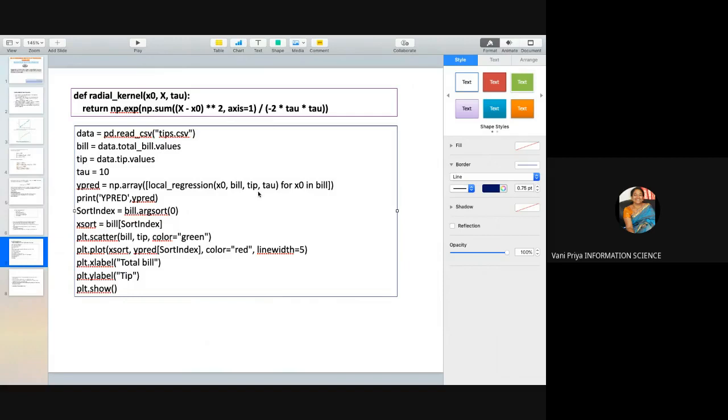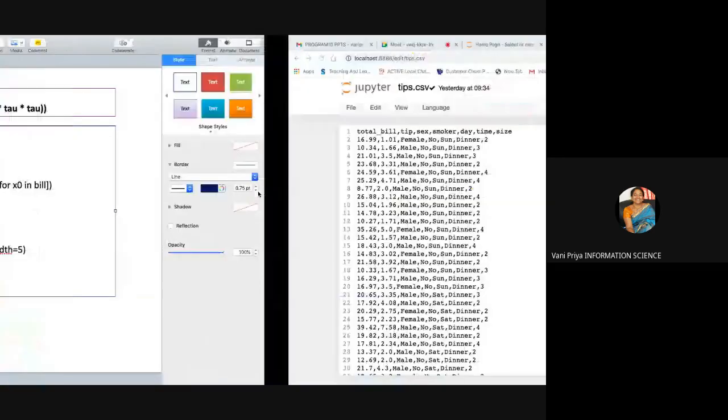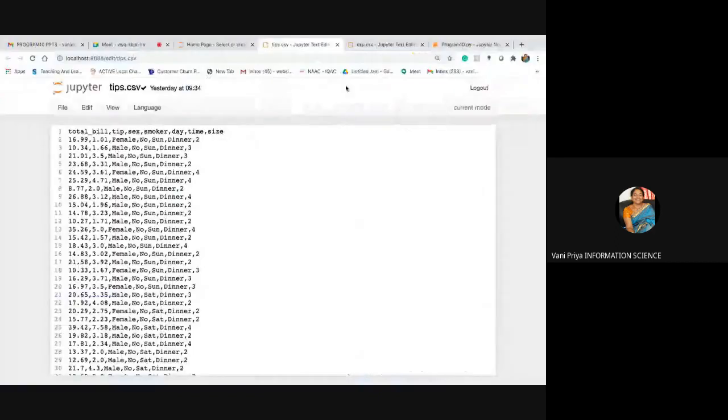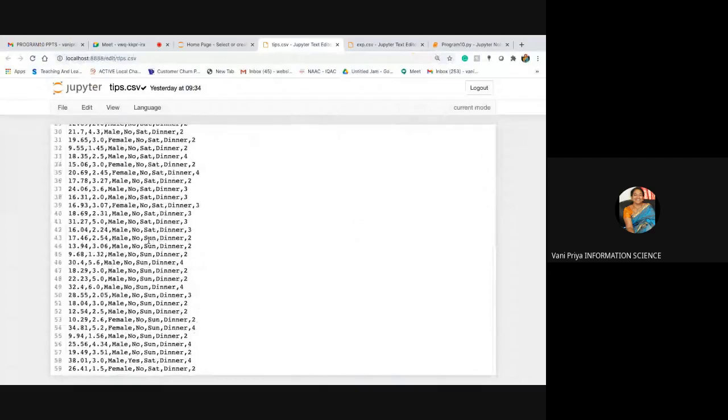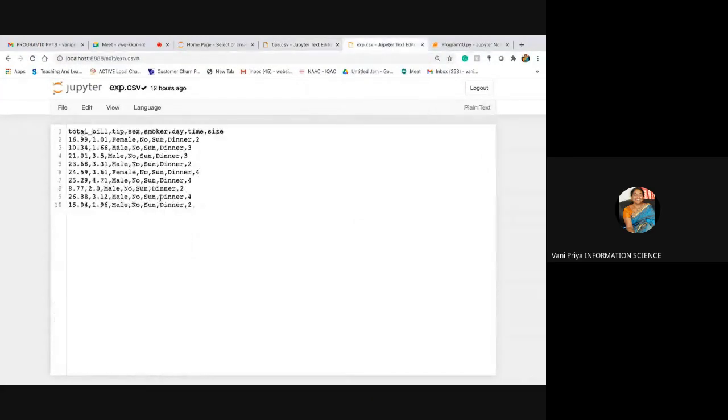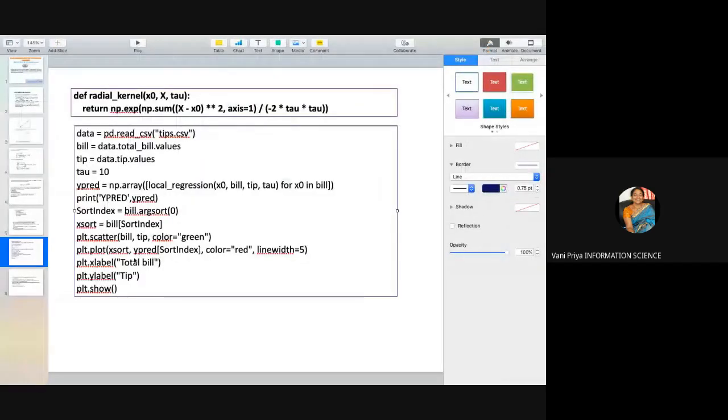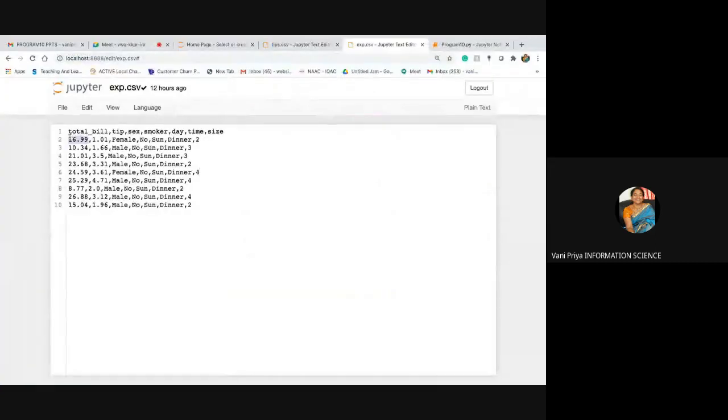So if you take this, I told you it's very huge. Only 59 was there, where the original data set contains 100 plus. So here I have taken only 10 data points, 10 training examples, to make you understand the program properly.